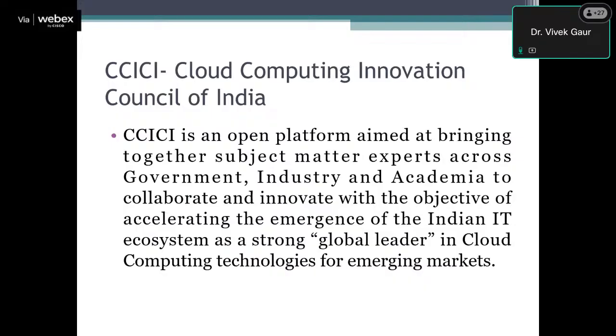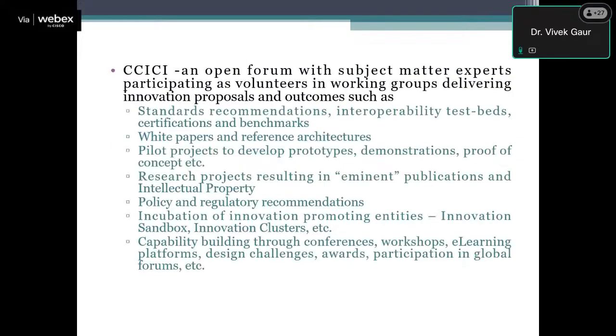It is an open platform aimed at bringing together subject matter experts across government, industry, and academia to collaborate and innovate, with the objective of accelerating the emergence of the Indian IT ecosystem as a strong global leader in cloud computing technologies for emerging markets. It's an open forum with subject matter experts. Many experts are part of these groups and they keep contributing, participating as volunteers in working groups,